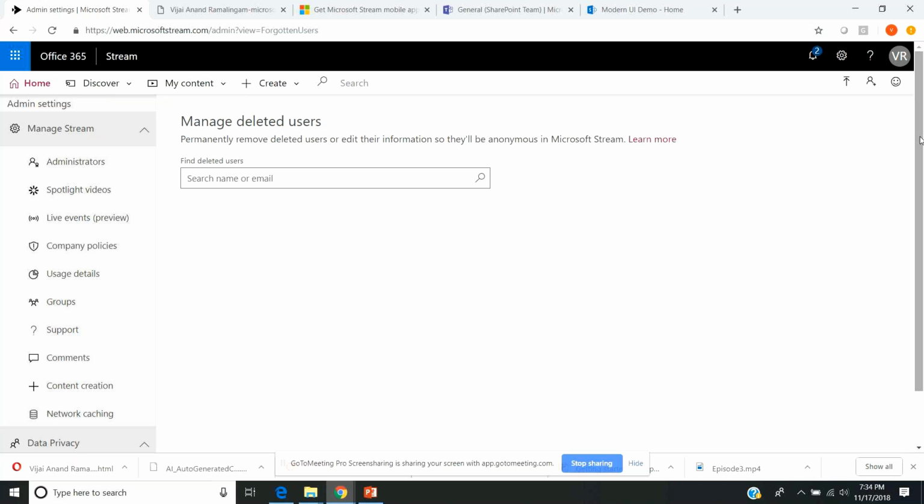But still, what will happen is in Microsoft Stream, the videos that have been uploaded by that particular user, or comments he might have made, whatever activities he has done, the name will still be displayed. That user's details are deleted from the Active Directory, but still the name will be displayed. So in order to delete that user completely and make it anonymous, what you can do